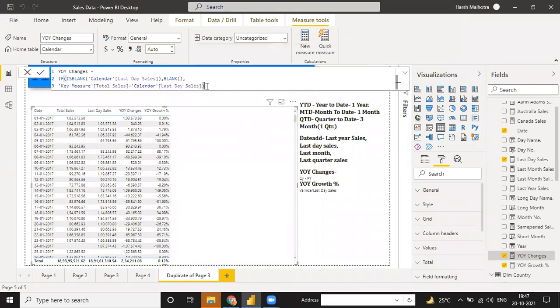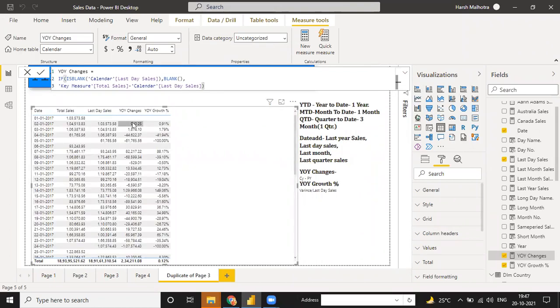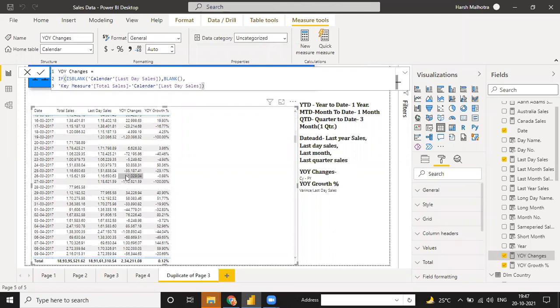So go to this, and if you're using this function, it will give you the result. And this is important for our data. See, if this value is blank, this is also blank. If this value is blank, this is also blank, and it will give you the YOY growth for every year.